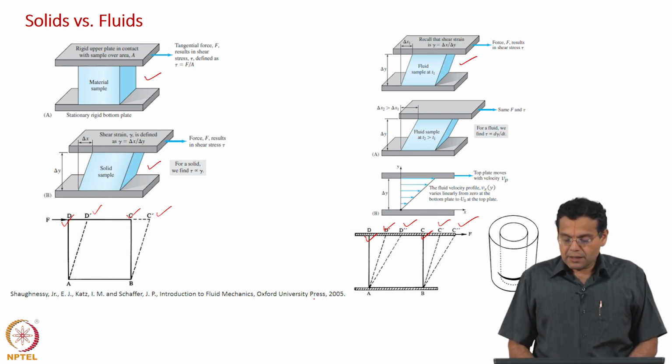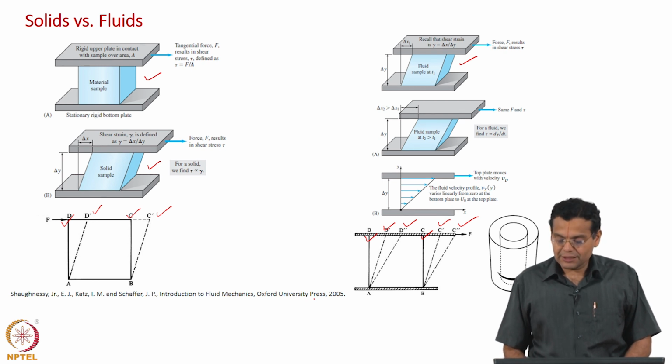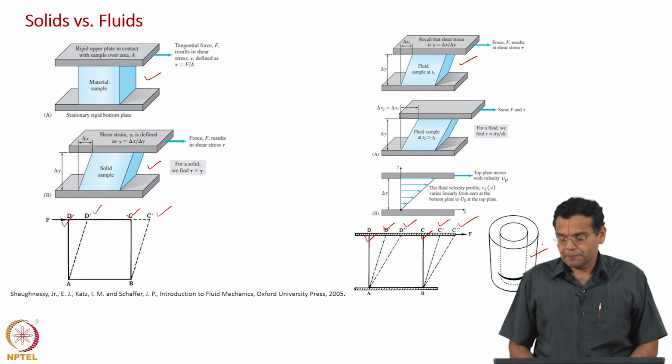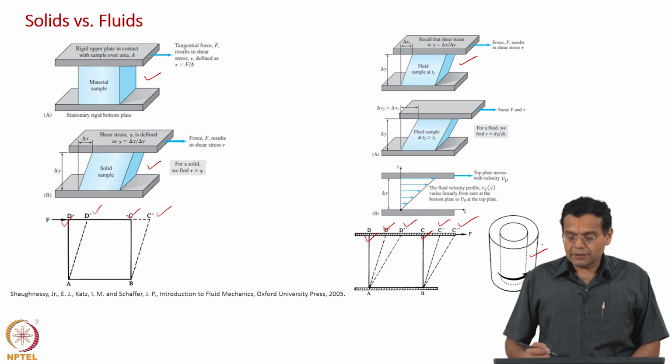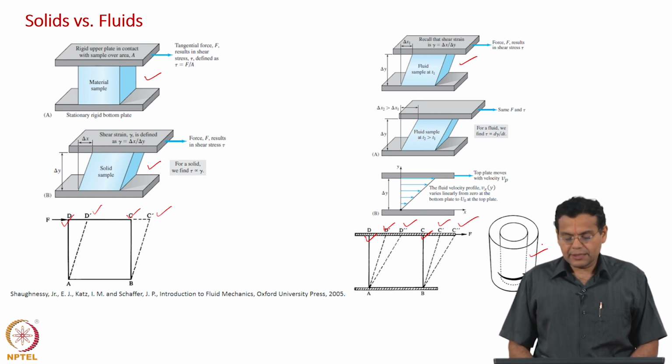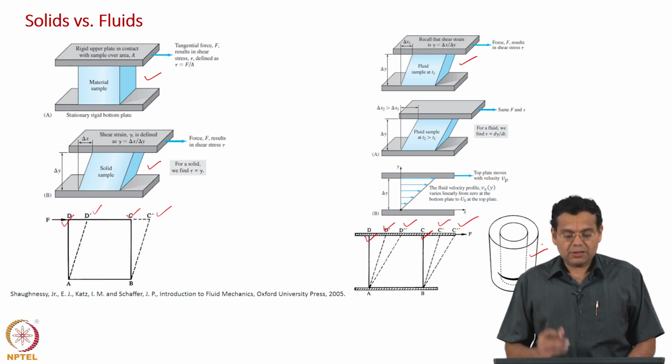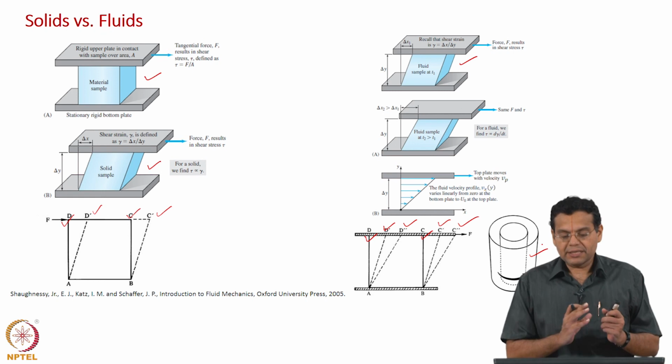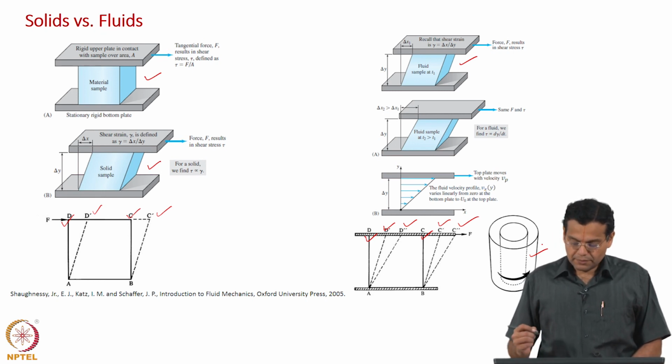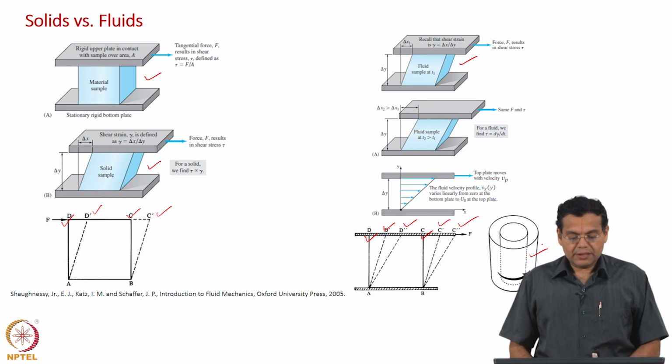Now, we also discussed the difference between solids and fluids using this coaxial cylinder arrangement. If you have a solid between the two cylinders and then try to rotate the inner cylinder, then the force required to rotate depends on how far the solid is deformed from an initial state. So, there is some initial state, and the more you deform from the initial state, the more force is required. That is what happens in the case of solids.